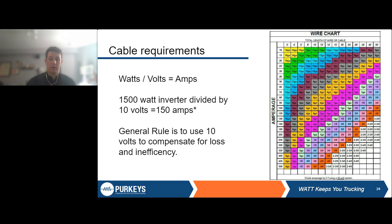We're looking at 2-gauge cable. Now, at Purkeys, we build all of our cables at 1/0. Make sure that these are larger cables, just to really ensure that there's enough cable there to get the power through, that we reduce resistance enough, we reduce voltage drop as much as possible, because we want to make sure that the optimal power gets to your